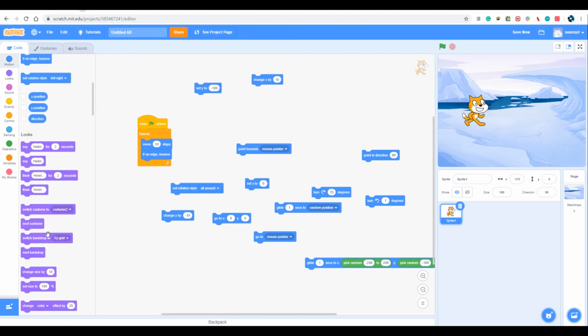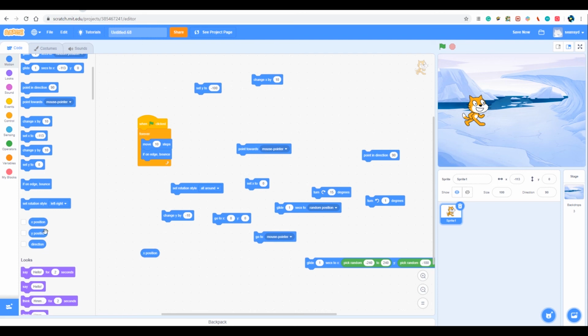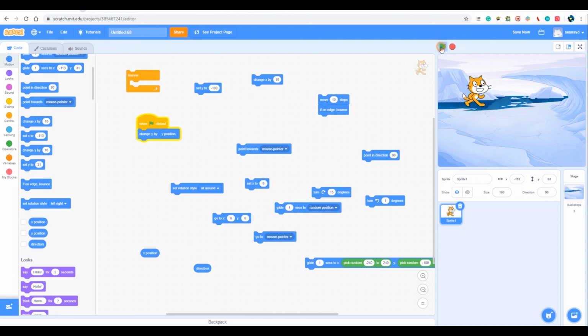Yes, only 3 blocks left. These are special blocks: X position, Y position, and direction. They cannot be by themselves. They have to be put in a block. Change Y by Y position. What's the Y position right now? 0. So change Y by 0, which basically means stay in your position. But if I do this, when Y is 31, it'll move to 62. 31 plus 31. Y position is the variable of the Y position you are in, and X position is the X position you are in. Direction, as you can expect, is also the direction it is in. And also these boxes, if you check, you can actually see. And as you move this around,